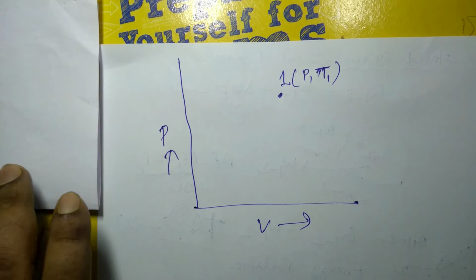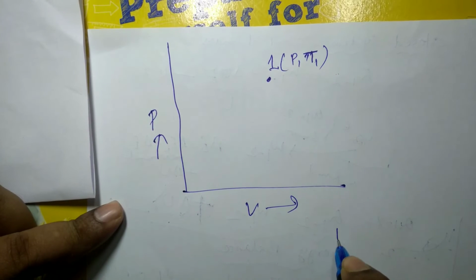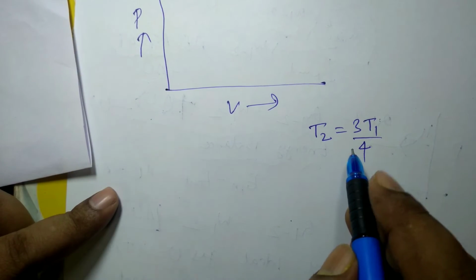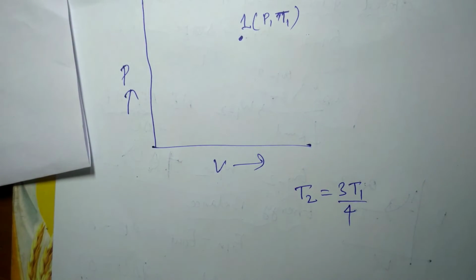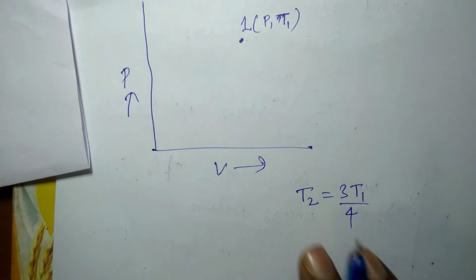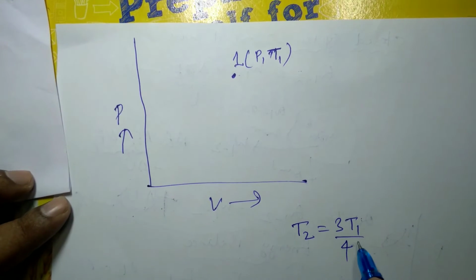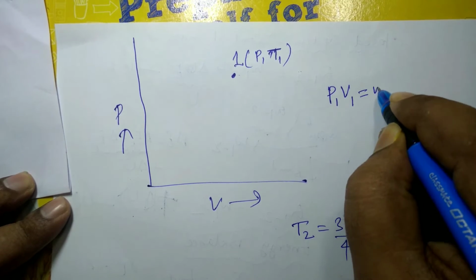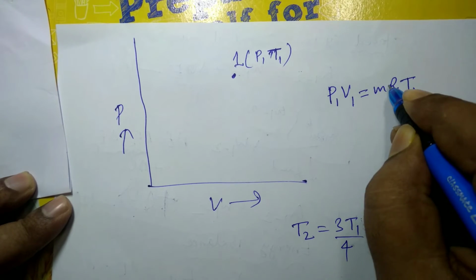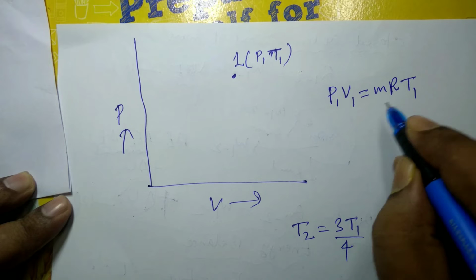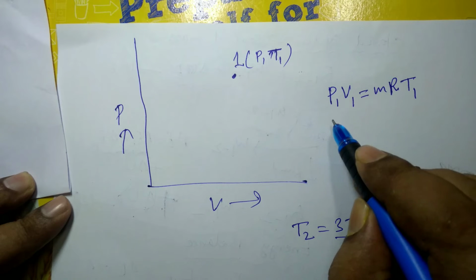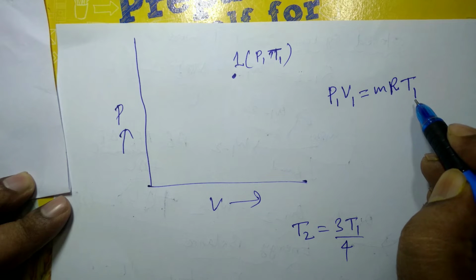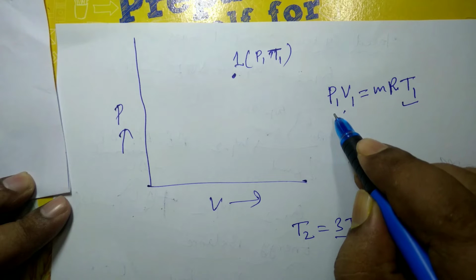That you see, T2 is equal to 3T1 by 4. मतलब T2, T1 से less, T2 is less than T1. मतलब ये हीट तो रिजेक्ट हो रहा है ना। आइडियल गैस इक्वेशन इज लाइक दिस, P1 V1 इज इक्वल टू mRT1। यहाँ अगर ये कांस्टेंट प्रेशर प्रोसेस होगा, तो अगर टेम्परेचर डिक्रीज होगा मतलब वॉल्यूम तो डिक्रीज होगा ना,